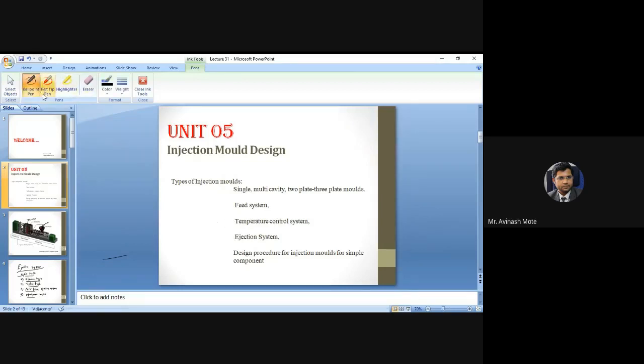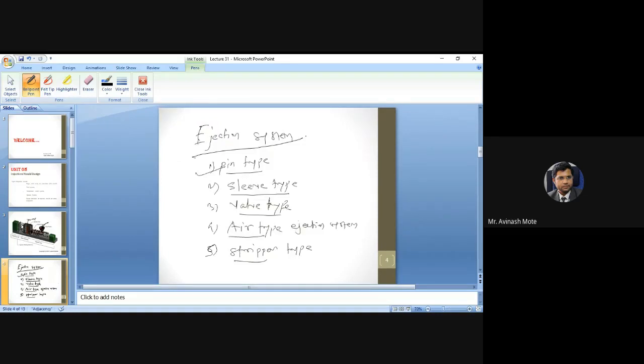And then we discussed the ejection system. I told you the meaning of ejection also. Ejection simply means bouncer, that is, if there is a mold cavity and the product is inside this cavity, then removal of the product from the mold cavity is called the ejection system. Sometimes you may use a pin for this ejection, a sleeve, a valve, or a stripper, whatever it may be, depending on the product. But ejection system means to remove the product safely from the mold cavity. So the system employed for that is called an ejection system.